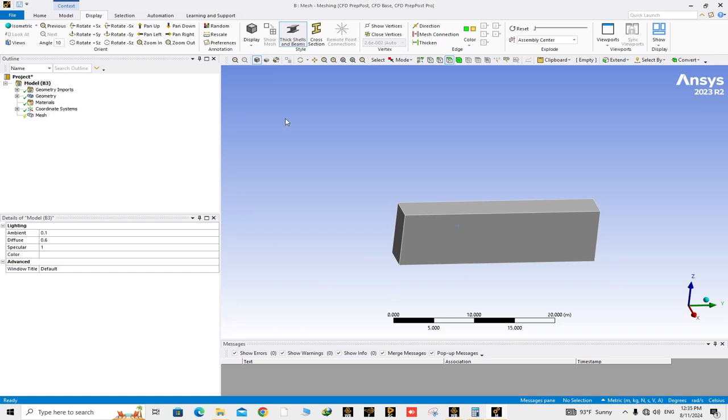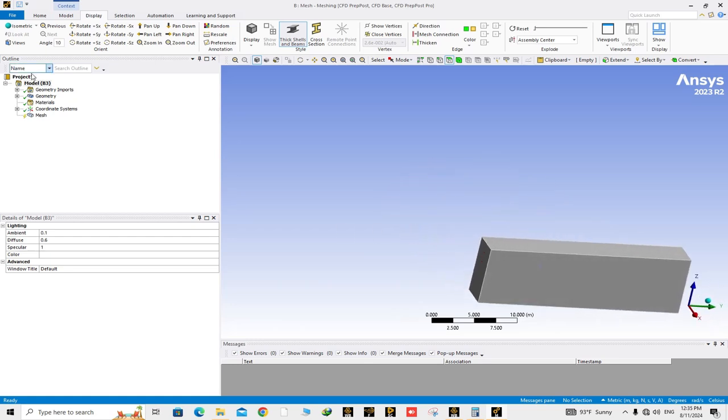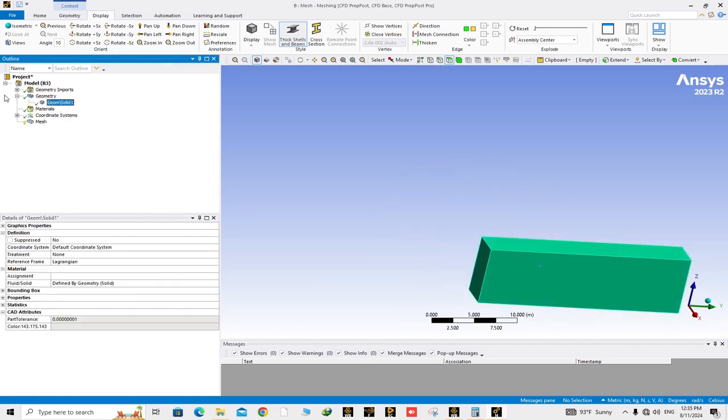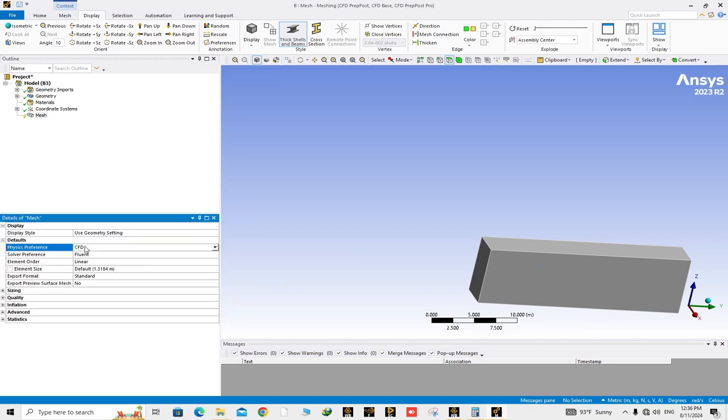ANSYS meshing software is opened like this, and you can see the geometry has been transferred to this window successfully. You can see here the geometry, yes, like this, one solid. And if you click on mesh, details of mesh are here, and you should change physics preference to CFD actually. Yes, and the software is Fluent. As you see here, element size is 1 meter, which should be changed. For example, I change it to 0.5 meters, just to see if the geometry would be meshed or not,